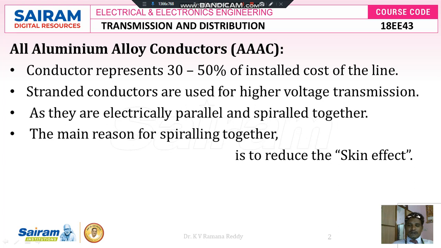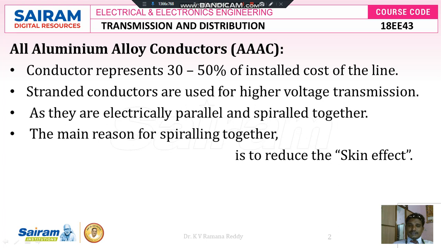Skin effect is this: if you take one bundled conductor where the strands are all parallel, then if you look at the current, the majority of the current flows only at the top of the conductor, and a minority of the current flows through the center part of the conductor. This is because the outermost or surface area of the bundled conductor offers a higher area. As we know the formula R = ρL/A, if the area of cross section of the conductor increases, then resistance decreases. So the surface of the bundled conductor offers less resistance, and that's why it carries a high amount of current.